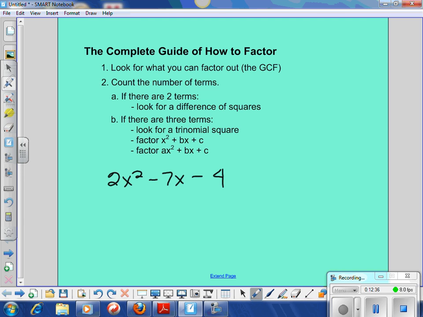4. Now, when you look at this, what I want you to do is take your first coefficient, 2, and multiply it by your last coefficient, which is 4, which will give you a negative 8. I want you to keep this number in your head, because we're going to split up this middle term into two x values that are going to be equal to negative 8. Well,